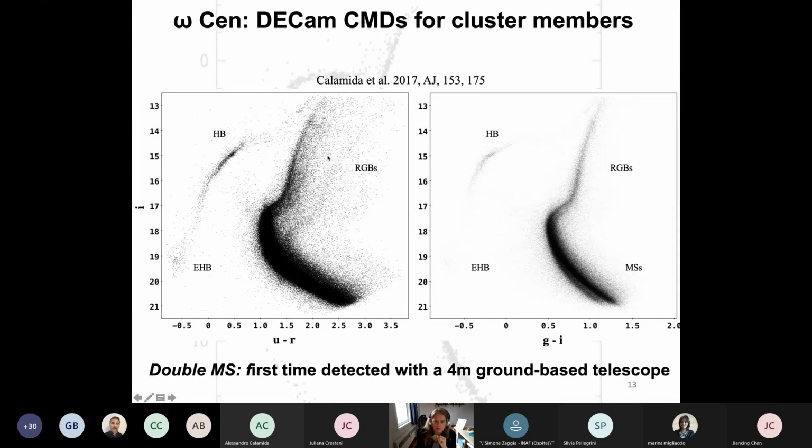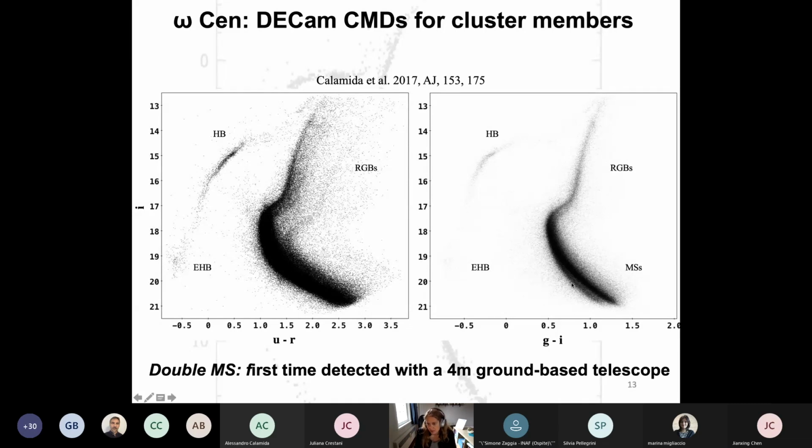These are the clean color magnitude diagrams. As you remember, you saw something similar before for Omega Cen. You see the different red giant branches. This is the main one, mostly the most metal poor, and then you have metallicity increasing in this direction. You see, not as well, the different red giant branches here, but surprise, you see the splitting of the main sequence: the blue main sequence and the red main sequence. This is again only a 4-meter telescope from the ground, and we were very happy to see that, and we decided then